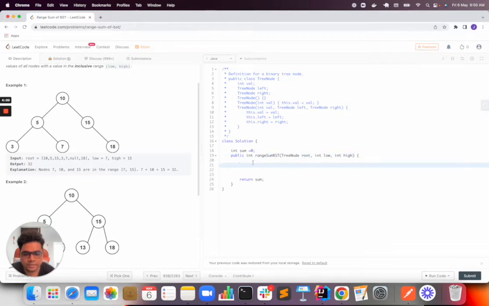So if root is equal to null, then you just need to return 0, or if root dot val is less than 1, then return 0. Okay,